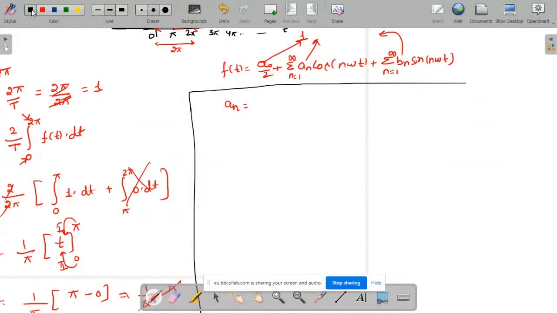What is the value of an? This is the same formula: 2 divided by T, then integral from 0 to 2 pi of f(t), and with an, cos is there, so you write cos omega nt dt. Now solve this. An is equal to 2 divided by